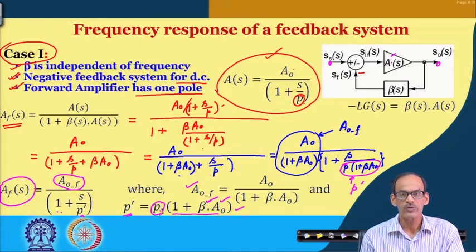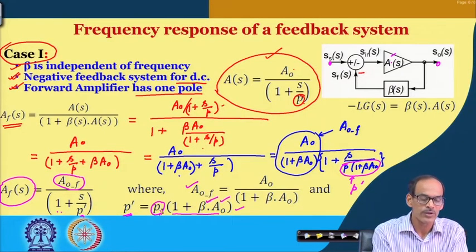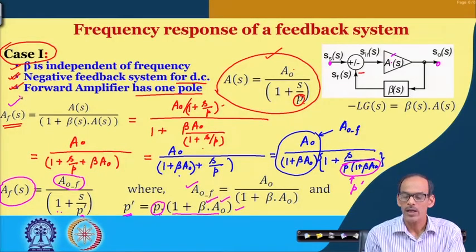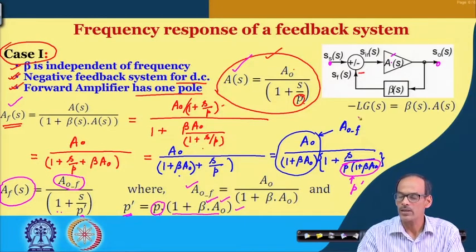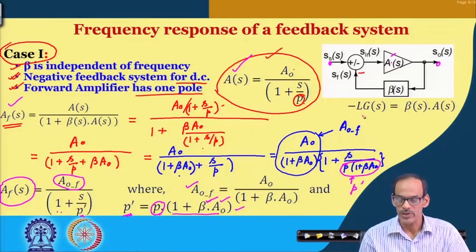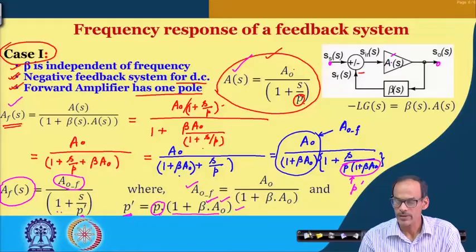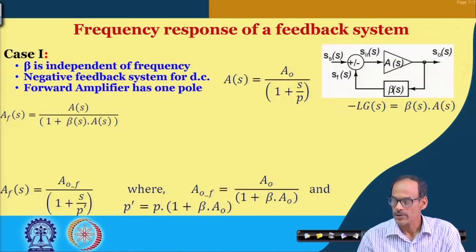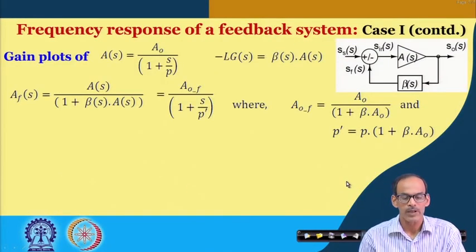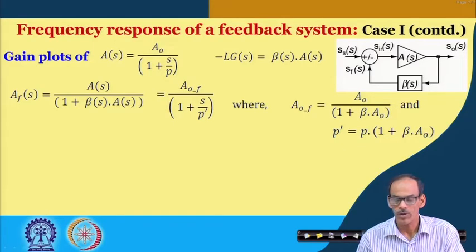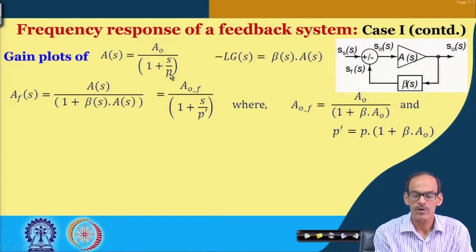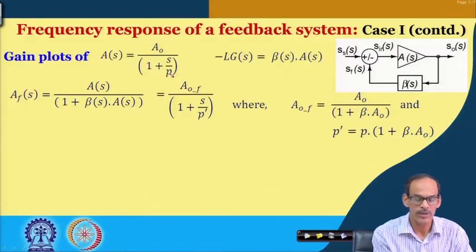Okay. So, if you look into the Bode plot of the feedback system, namely if we sketch the gain and phase of this A F, along with the gain and phase of A and the loop gain, you can find a very interesting correlation. So, in the next slide let me continue on that. Let me try to make a plot of this A for a location of pole P.